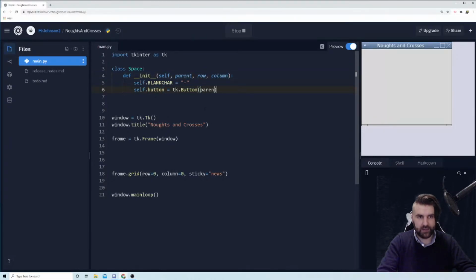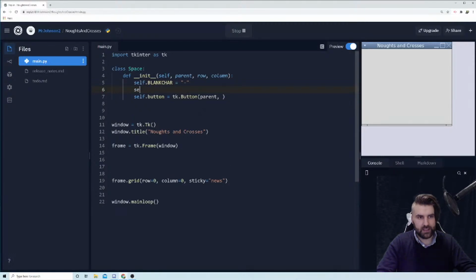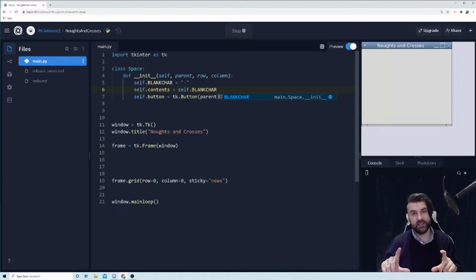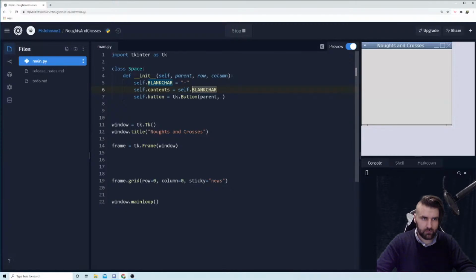So we're going to say parent. Up here, we're going to pop in a self.contents, and we're going to set that equal to self.blank_char to begin with. Okay, so when we first start and make our grid, all the spaces are going to be empty because no one's played our game yet. And so actually what we want to do is say self.contents equals